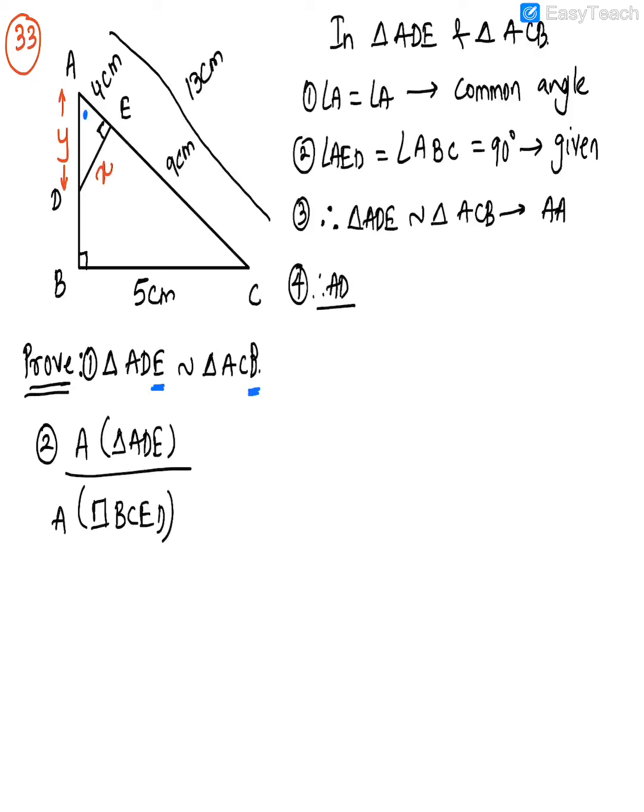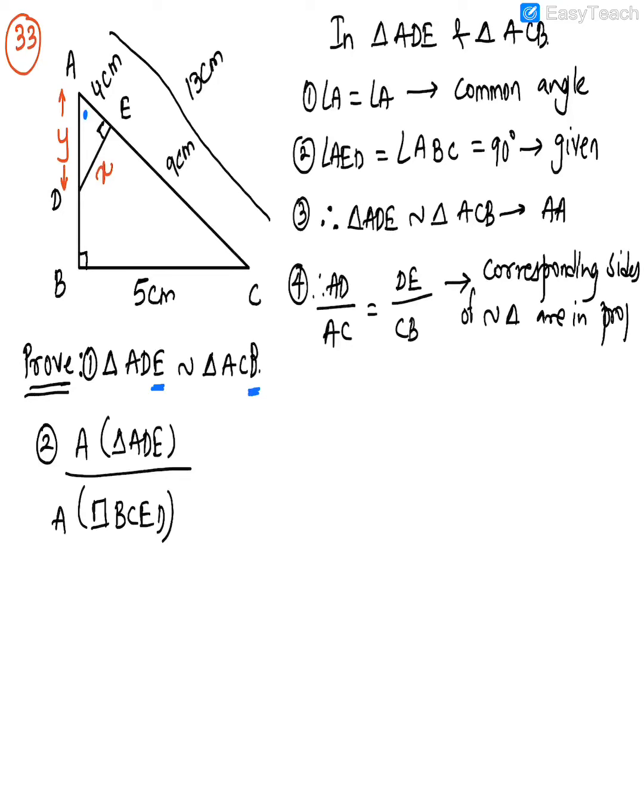Guys, make sure you're writing that statement every time. What is AD? Y upon AC is 13. DE is X. CB is 5. Okay, now you see the mistake I made. I have not written the third ratio, so you cannot compare only. So I need to add one more ratio here. What was the ratio here? EA upon BA. So I'll write here EA upon BA is equal to, how much is EA? 4. How much is BA?